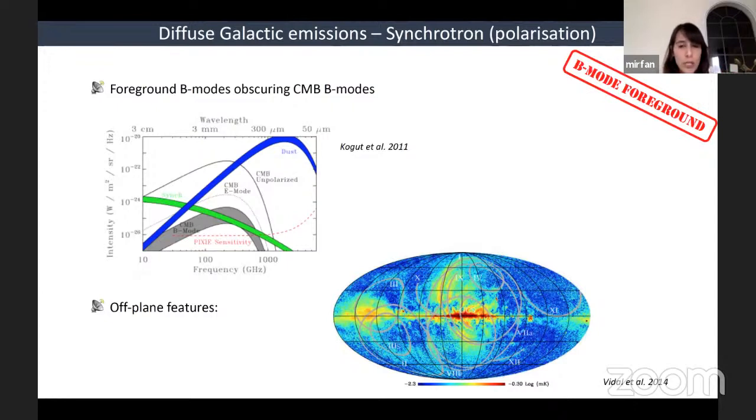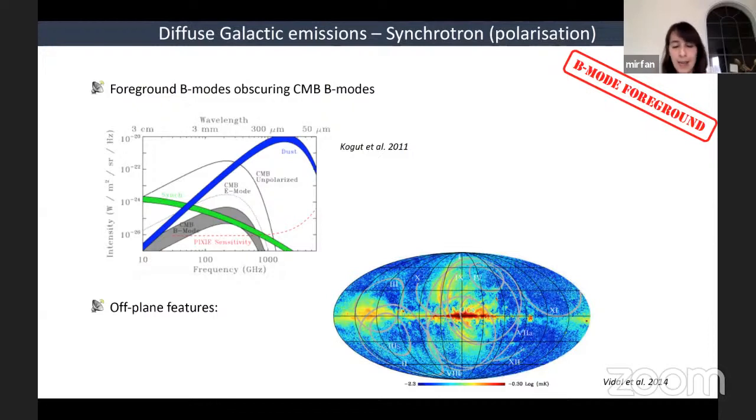Something you have to consider, what I wanted to show here at the bottom, is a plot from Vidal et al. This is sort of a warning about leaving the plane and thinking that you might be safe if you've got off the galactic plane. Generally, when you design your experiment and you know you're going to want to measure some cosmology, you generally don't point it at the galactic plane. You try to point it in a really foreground-quiet region of the sky. What these authors are showing here is a WMAP K-band, so around 23 gigahertz,